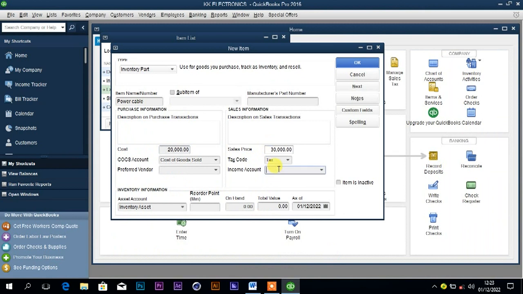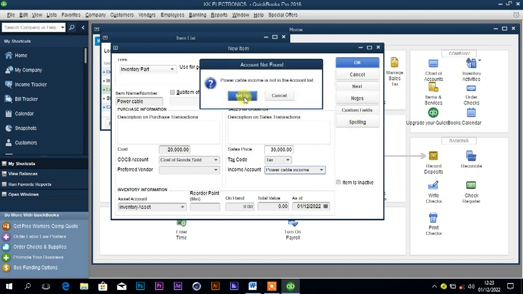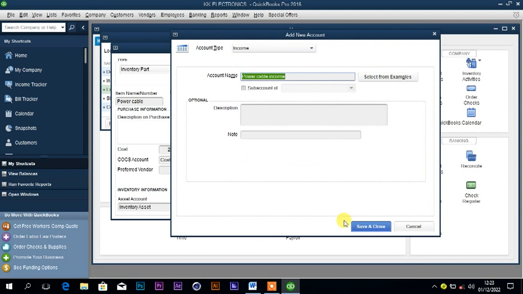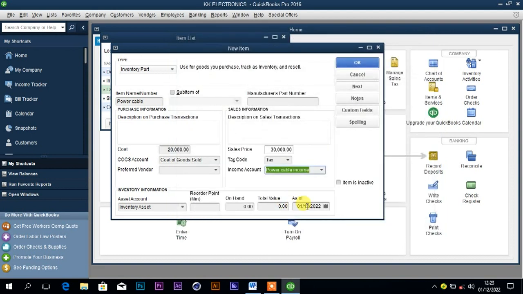Then the income account, just name it cable income. We set the account, save it. The date is still 1st January